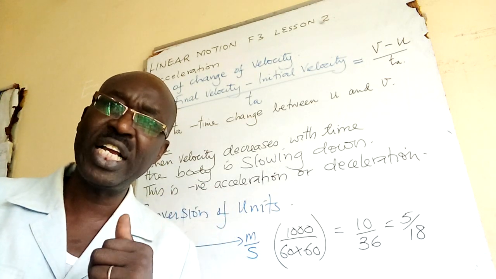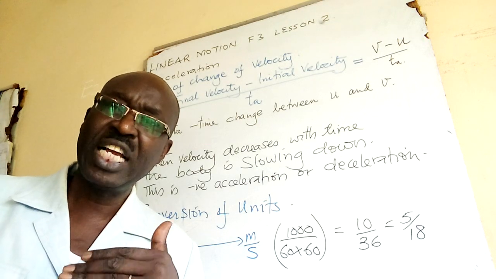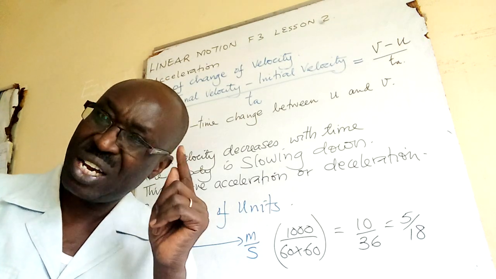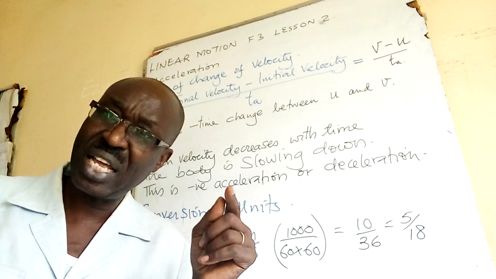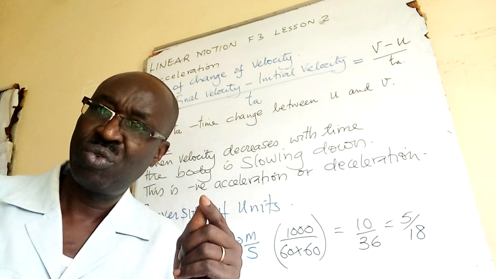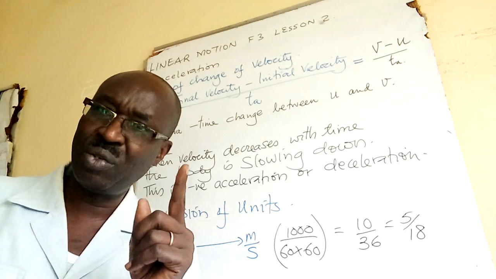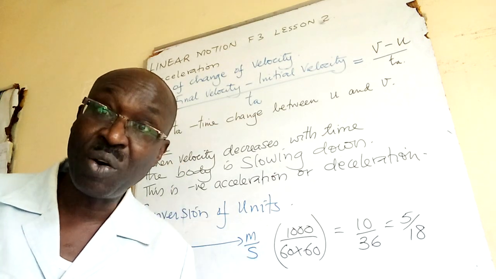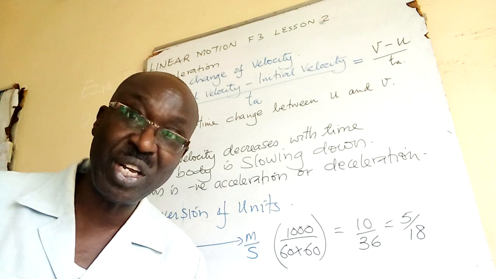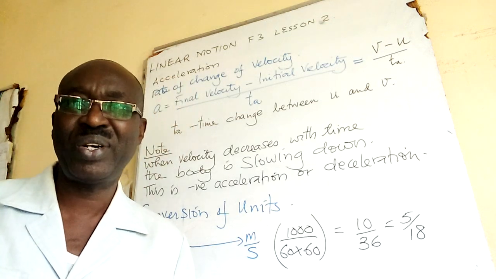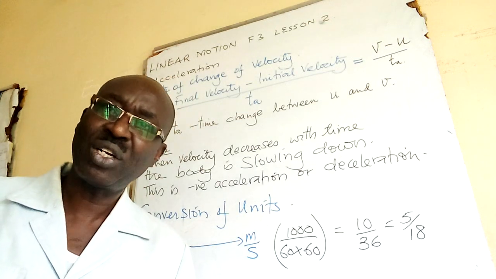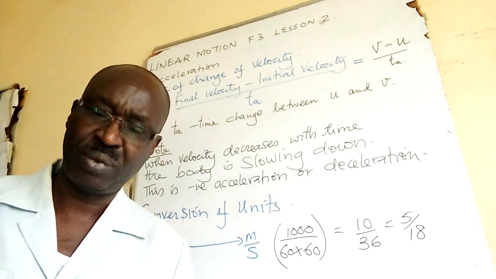The motion is such that it covers equal distance in equal time interval. Then it will be uniform speed. Otherwise, we talk of average speed. We can talk of uniform velocity